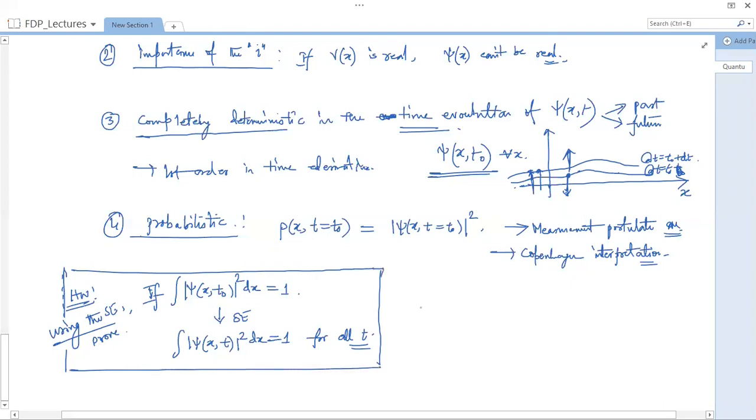And this is actually very important, it is called the probability conservation or unitary time evolution. So important that you can postulate it and derive the